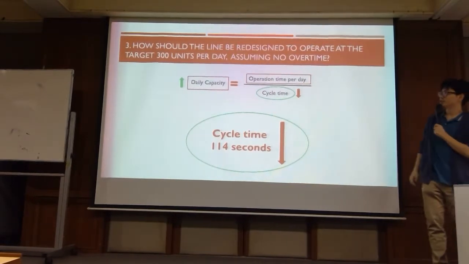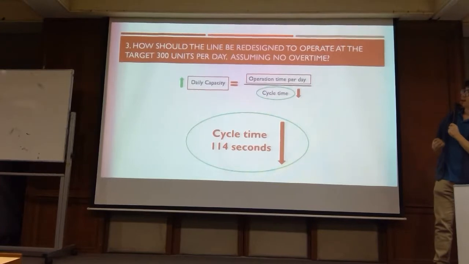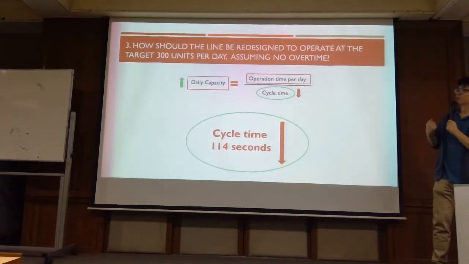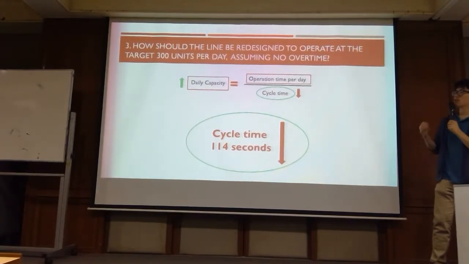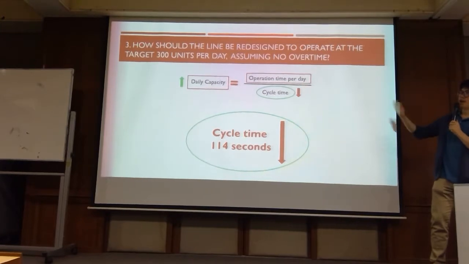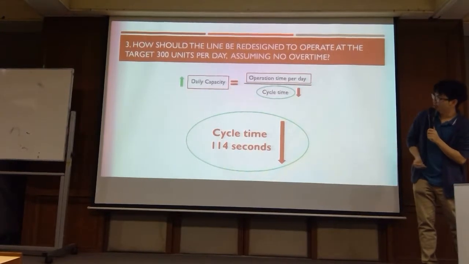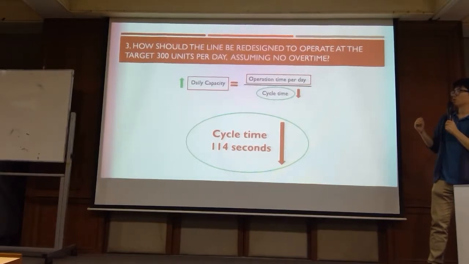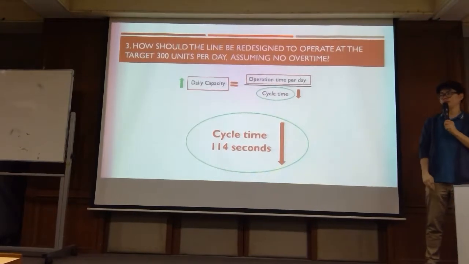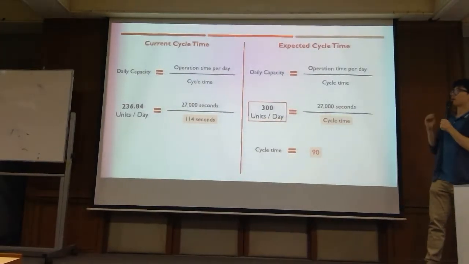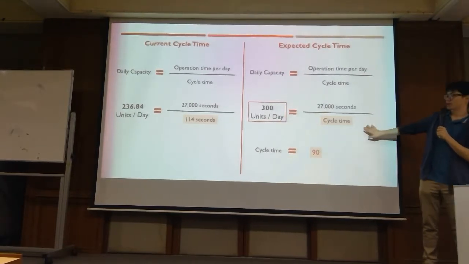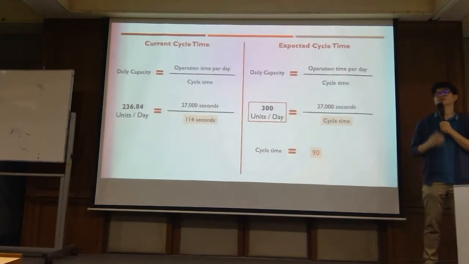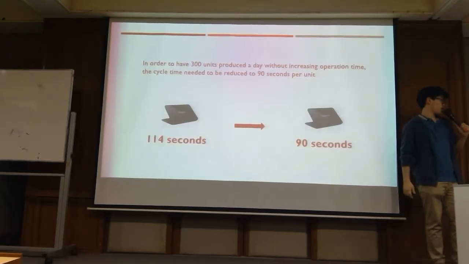So the third question: we have to redesign the assembly line in order to get the target, which is 300 units per day, assuming no overtime. So our choice is, if we increase the expected capacity, then we have to reduce something else. The one that we decide to reduce is the cycle time, from 140 seconds to something else. After our calculation using the expected daily capacity, we get a cycle time of 90 seconds. And I will hand over to